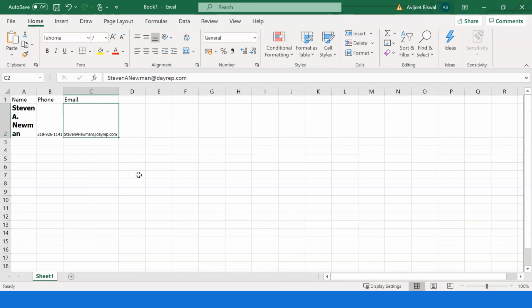For one record it is fine. What if you're asked to fetch 100 records or say 200 records? Then this method is not at all feasible. It is time consuming and inefficient. You need to find a way where you can automate this task of fetching records. UiPath is a solution for this. So let's see how we can automate this task using the UiPath Studio.